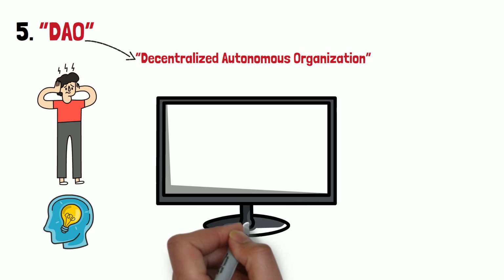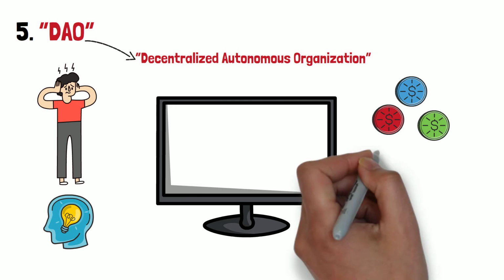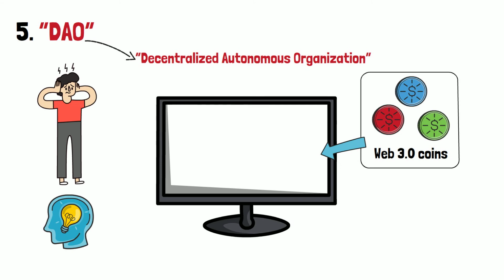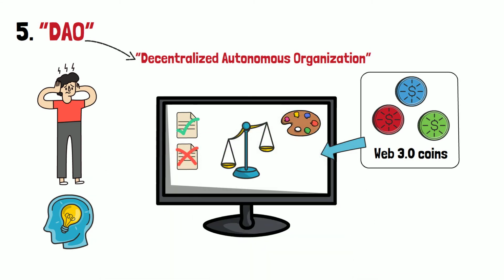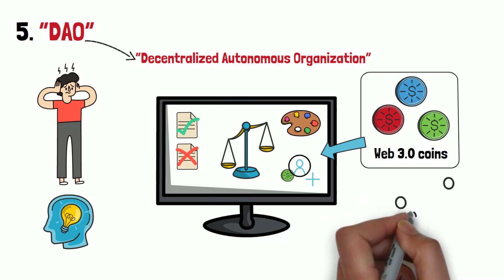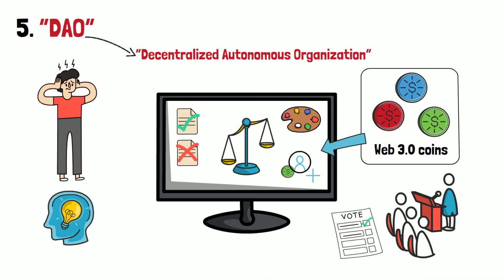Imagine that, in Web 3.0, each website would have a dedicated cryptocurrency of its own. These would be known as Web3 coins. If you would own some of that cryptocurrency, you could participate in the decision-making processes of that website. What content to leave up and what to remove. What should be the color scheme of the site? Should there be a paywall for users to be able to join? And so on. Together with other holders of said cryptocurrency, you would be able to vote on the important questions relating to that website. This would form the aforementioned DAO, a decentralized organization that makes the core decisions behind how